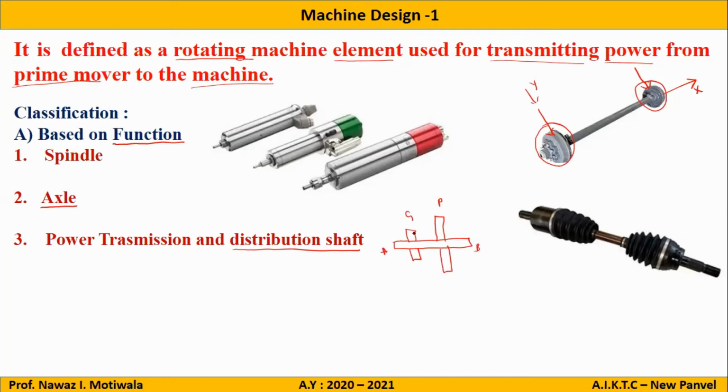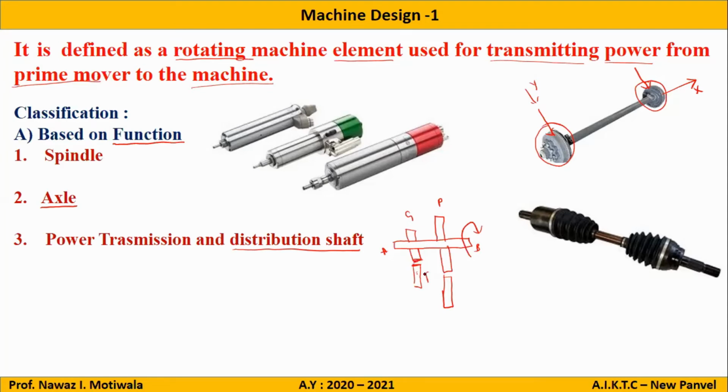Now, because there is a gear attached on this shaft, it will be connected to some other gear on the machine element. So there is some gear on this element also. And because here it is a pulley, it will be connected by means of a belt to another pulley on another rotating element. So this shaft is rotating, and because of this shaft rotating, this gear and this pulley will also get rotated.